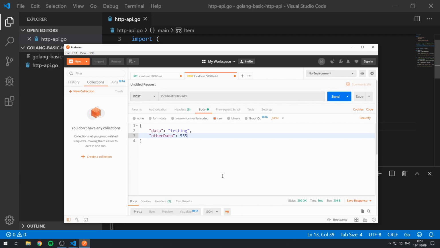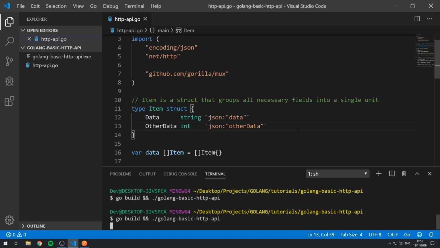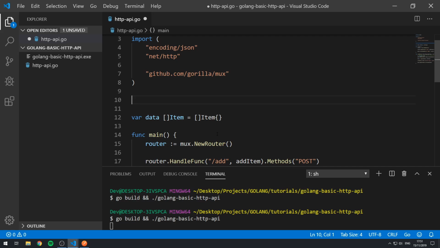Cool. All right. So let's go back to our code. Let's now make this a bit more interesting. Let's actually delete this struct here, and let's create some new custom types that will resemble a real-life application. Okay, so let's create a new struct called post. So type post